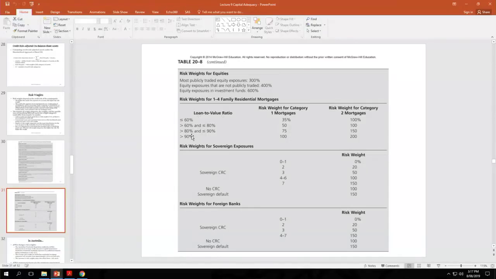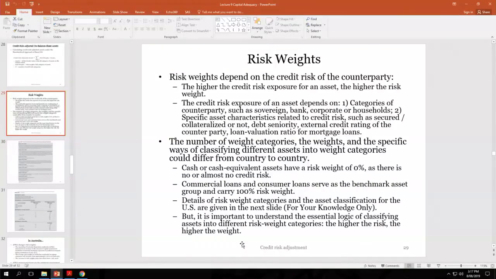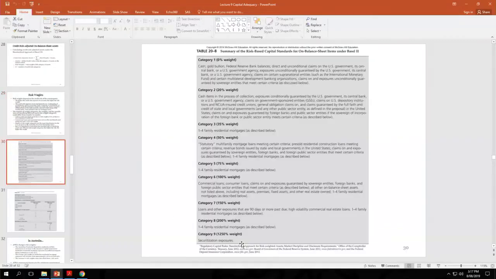The higher the loan to value ratio, the higher the risk weight. So that's the thing you need to know, but don't worry about the exact risk weight. You don't need to memorize these risk weights for the purpose of the exam, because different countries apply different rules, and those risk weights also change over time. It doesn't make sense to ask you to memorize these weights, but you do need to know the idea of the risk weights, the concepts behind how we determine those risk weights, right? So that's something about this.